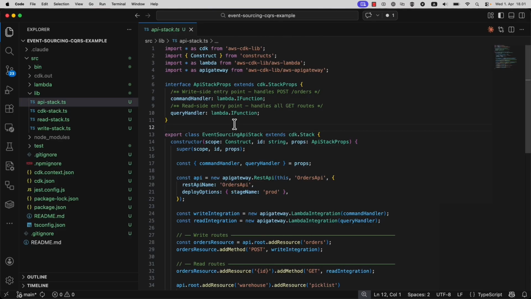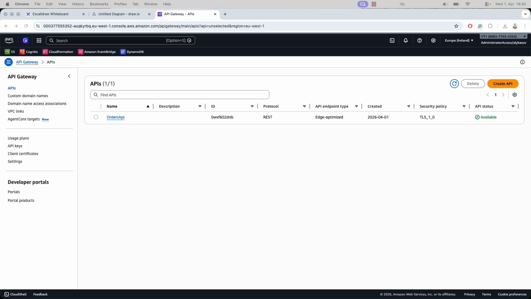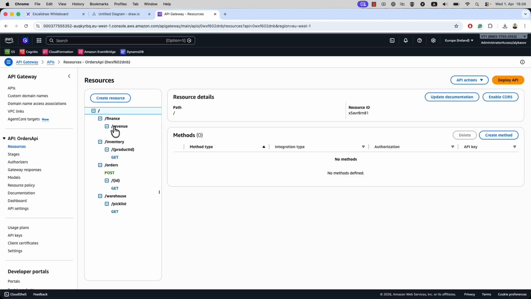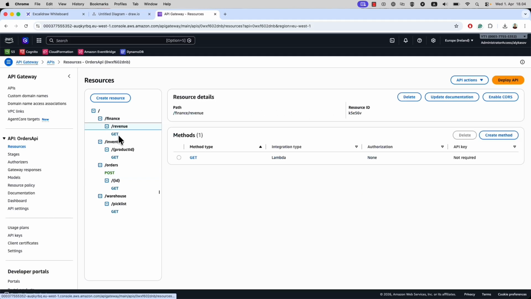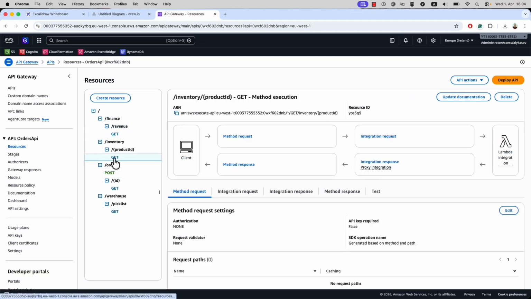As the next step, let's see how it works on the AWS console. Let's do a quick demo. As far as AWS, all our flow starts with the API gateway, so that is the API gateway we deployed. The main endpoint where we create orders comes here in the /orders endpoint. We also have a few other endpoints like revenue and get inventory product ID, get order ID, and get warehouse